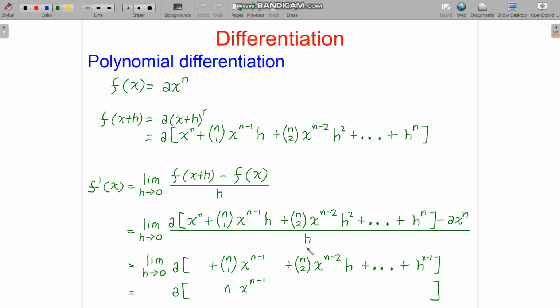So we have simply nC1 x to the power of n minus 1. And from here we have times h only, and all the way to times h to the power of n minus 1. So basically we still have h from the rest of the terms here, and the h is simply 0, the limit as h approaches 0. So here we can simply replace the h with 0, the terms go to 0, 0, 0, 0, 0. So all we have left is just